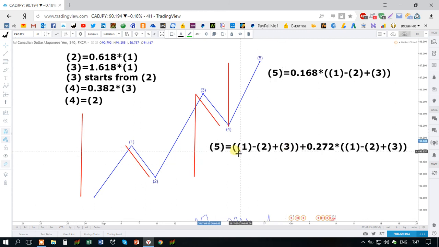So this is the calculation. This is the measurement of 100% of this. Then we calculate the 1.272 portion of the same distance, and we add it to continue this movement. So this is the 1.272. This is the calculation of that. Well, hope it helps